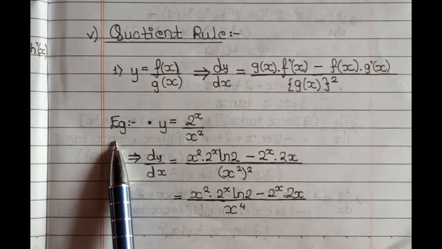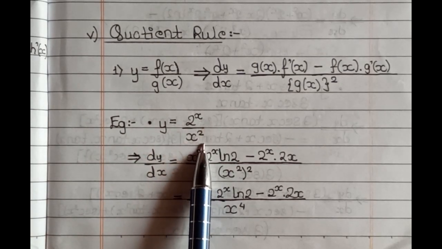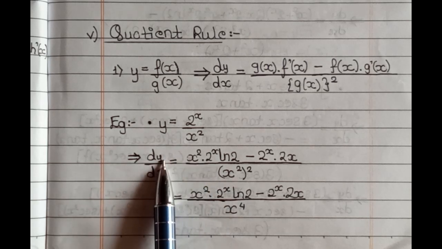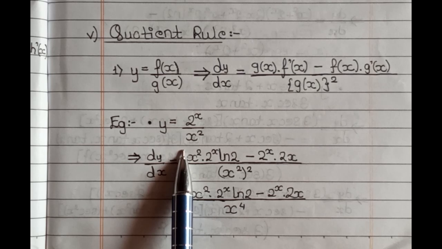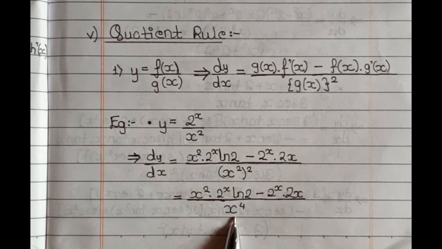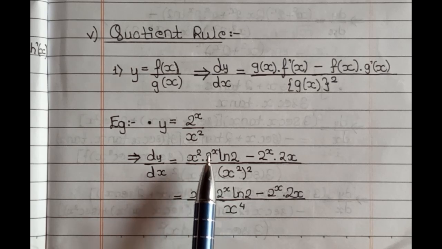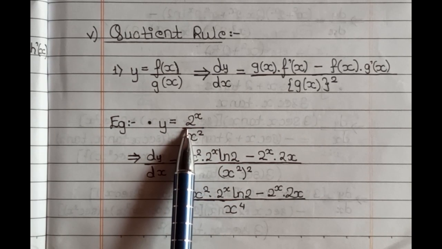Let's understand by the example. y is equal to 2^x upon x^2. Differentiation dy by dx is equal to, first we will square the denominator, so (x^2) the whole square, which will become x^4, and then we will keep the denominator constant x^2 and differentiate the numerator, which